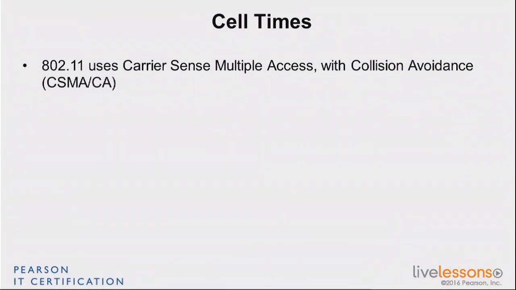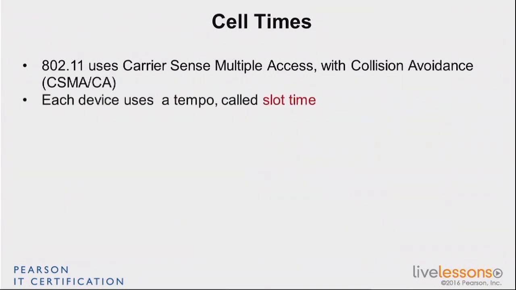And the way we do it is to have a few times. The first time we use is what we call the slot time, which is pretty much going to be that tempo, not at which your chipset counts to decide if it's BPSK or QPSK, but at which your station as a whole counts to decide about what's happening in the cell. There are some variations of the slot time value depending on which sub-variation of 802.11 you're using, but it doesn't matter for now. What matters is that there is that slot time.